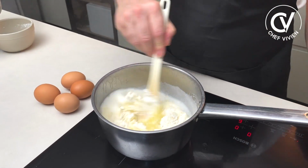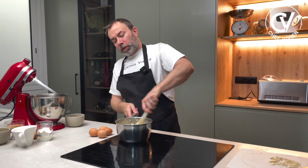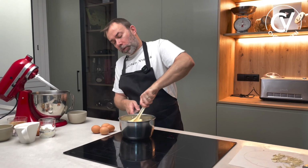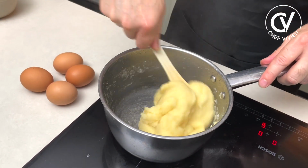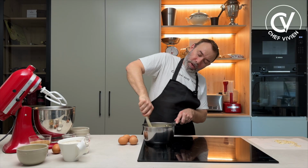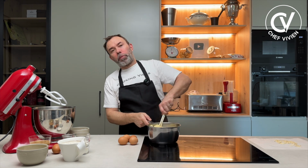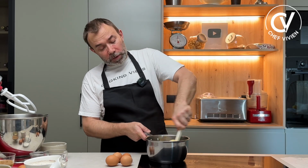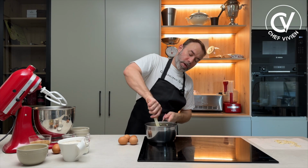and we mix. You can slow down the fire a little bit. When you start, there are little pieces and you think it's a problem, but no. Continue to mix, and all will turn out okay. And this is called panade in French. It's the same base when we make pike perch quenelle. Now I keep mixing to dry my dough,